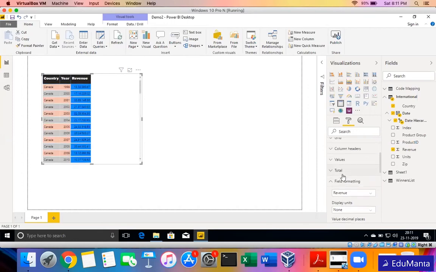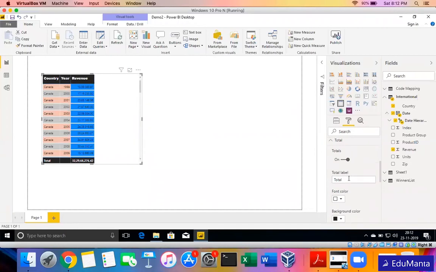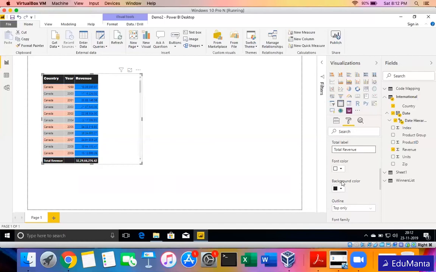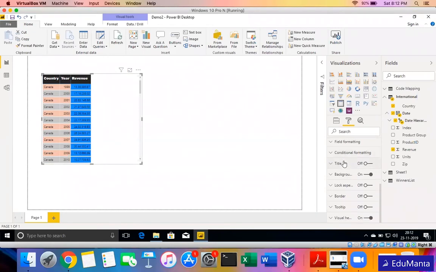One thing, how do you remove the total bar? If you go to this total section, it is off. You can click it on. Click it on, then you can give further values like, I want to write it as total revenue, not just total. And I can type it this way. If I want the font and color also to change, then I can change it. But if you are just putting it off, then obviously no option will come up because it doesn't make sense. So this is how we can format. Even a simple table can be formatted in different ways, just depending on your requirement.